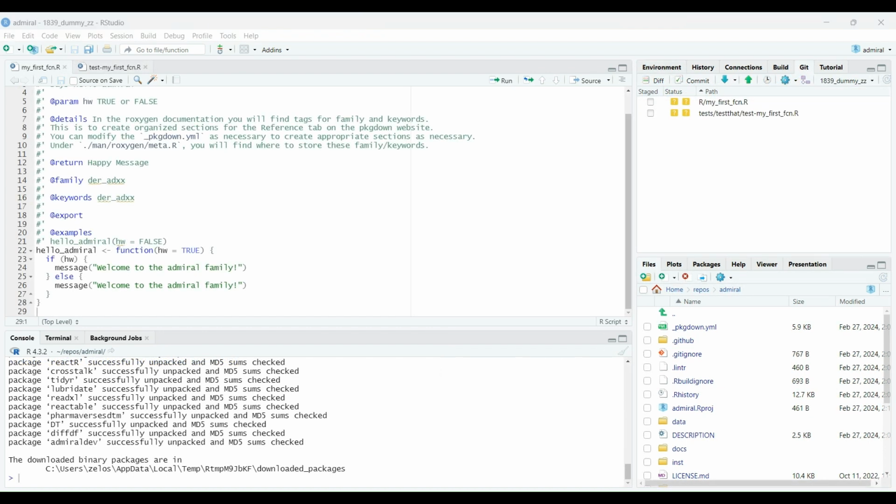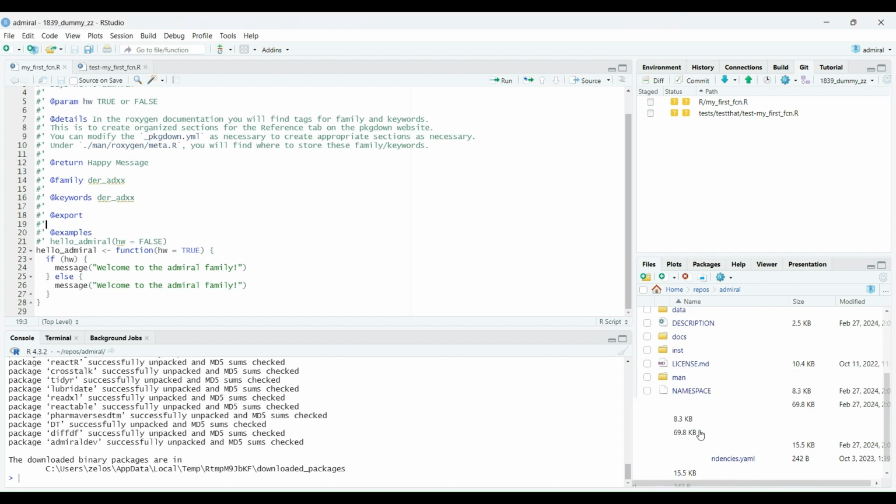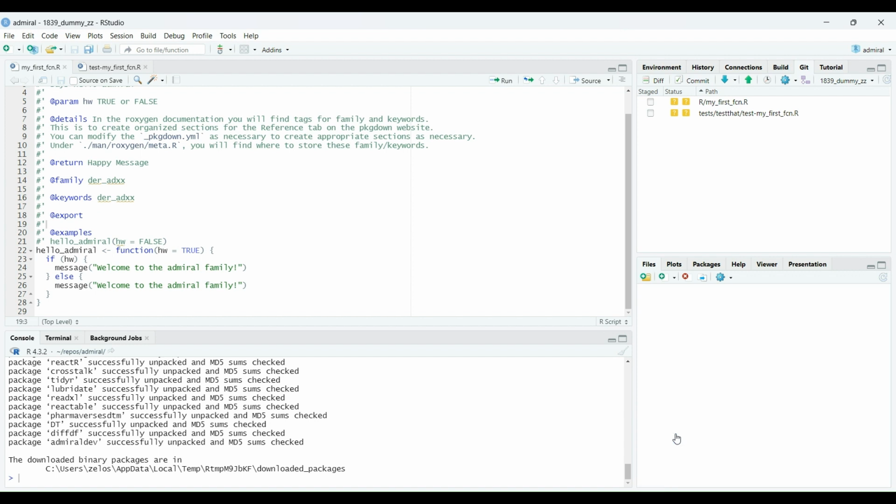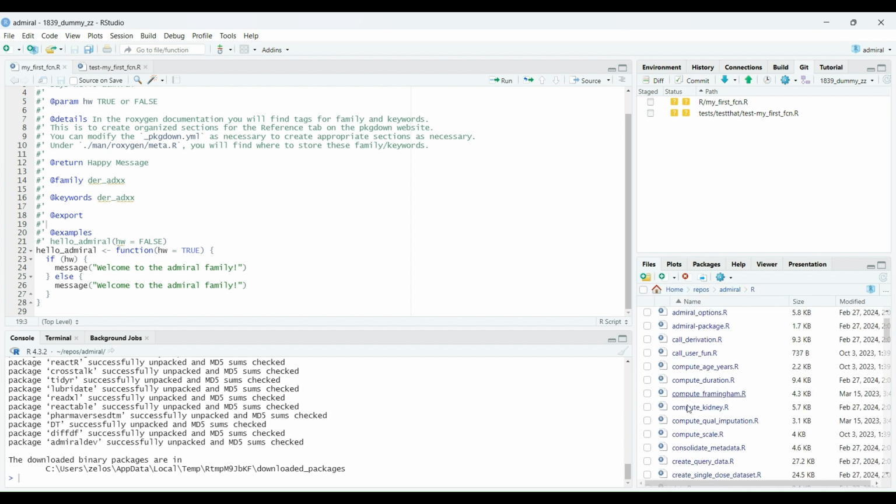For this example, we will create a new script under the folder R, denoted as my_first_fcn.r, that contains a function that simply prints a very basic message. Feel free to pause the video here to copy over the content if needed, or rewind to recall any steps necessary to arrive here. We will also add a unit test for this function as well under the tests folder, denoted as test